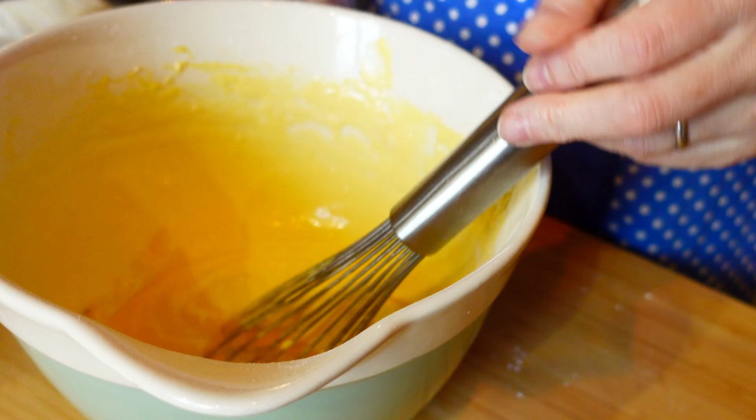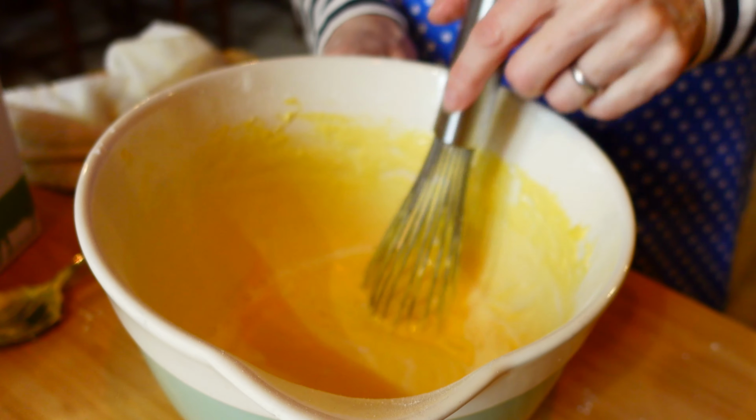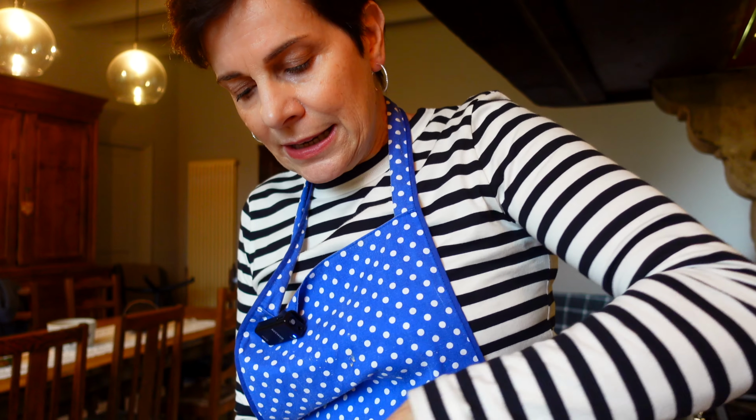It's still too thick. So I'm going to add some more milk. You're supposed to put half milk, half water. So I'm going to start adding water now. And again, when you're used to baking, when you're used to cooking, you just look at the texture and you know if you need to add more or not. And actually,